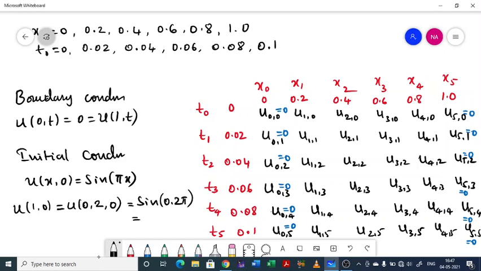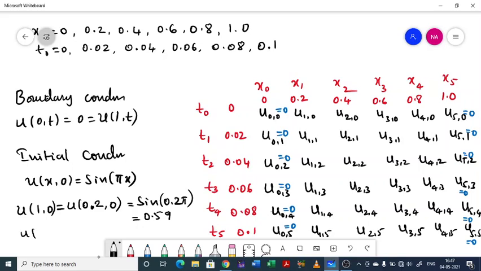So it will be, okay, it is u of 1, 0. So here x is 0.2. So u of 0.2, 0 equal to sine of 0.2 pi. You have to substitute for x, right? In the previous problem, we were giving x as 1, 2, 3 in x into 4 minus x. Here similarly you have to keep giving values 0.2, 0.4 for x. So sine of 0.2 pi, it is 0.59.